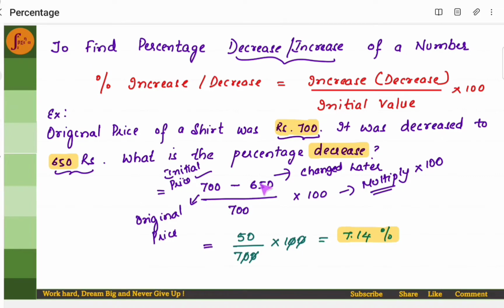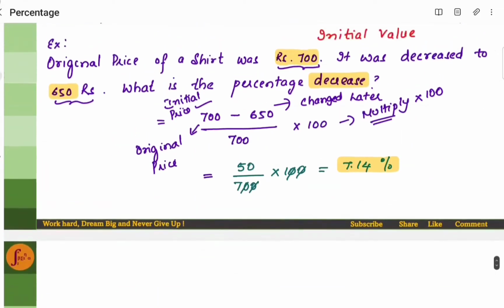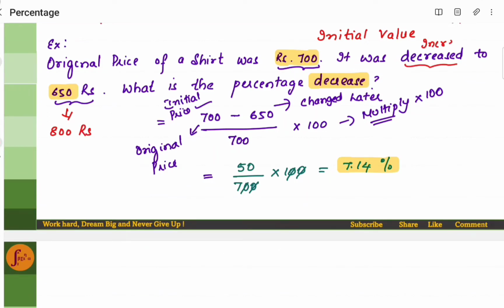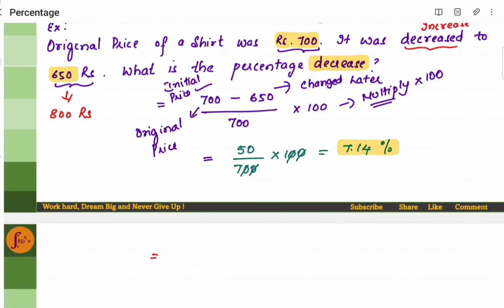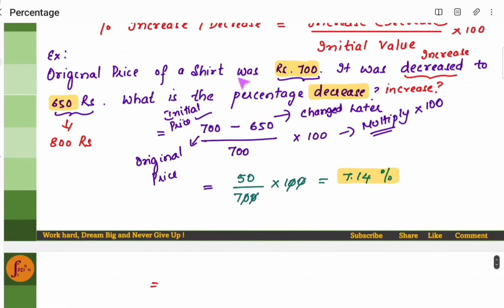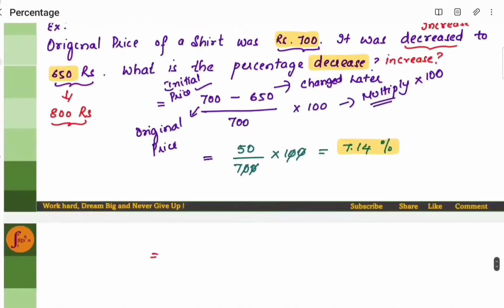In this case, it was decreased. I will change the same example and we'll say we increased. Say I increased from 700, instead of 650, I increased it to 800 rupees. Instead of decreased, I'll increase it. Instead of percentage decrease, I have to find percentage increase here. The price of the shirt has increased from 700 to 800. Same formula. Since I have to find the increase percentage,